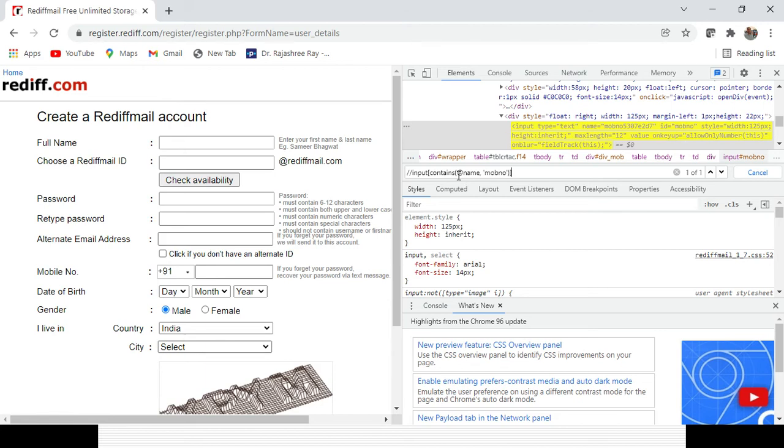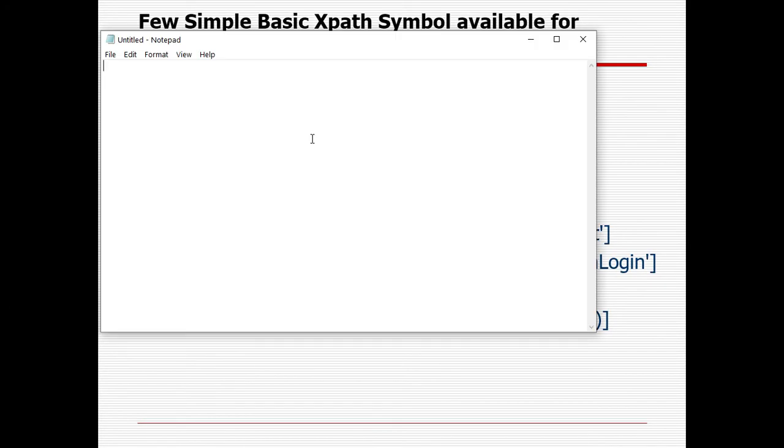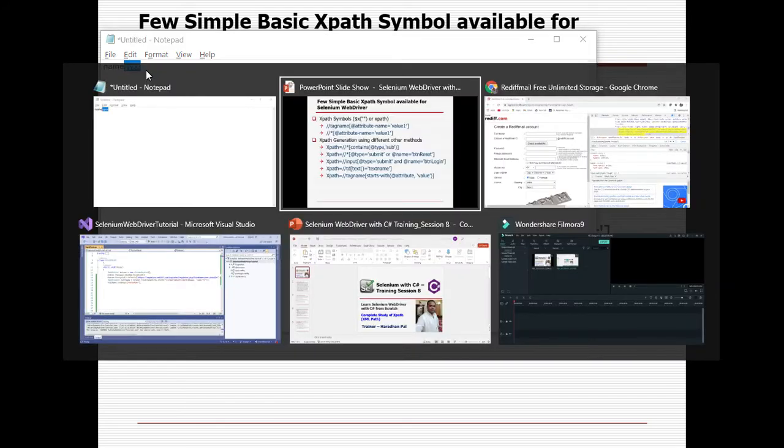So suppose say here there are two components, right? Say this is the xx, then name, and then yy, where name is the static part, right? Xx can change, yy can change. So you can use contains, where you can take that name part, right, because that is never change, but xx and yy can change. But in case you know that starting with name and then xx yy part can change, so you can use starts with also, because this is starting with the name. So this is the fixed part and this is the dynamic part which can change. So we should not consider the dynamic part, we should consider only the static part, right?